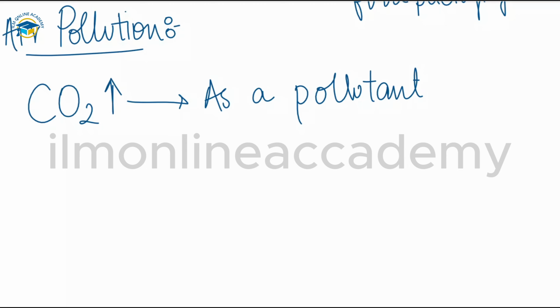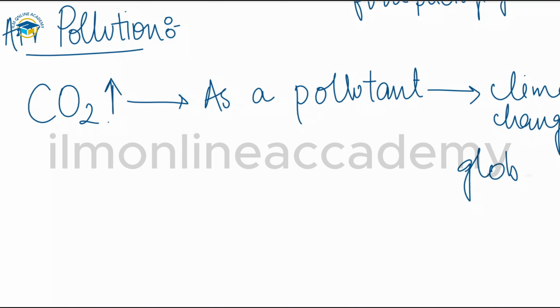When we cut down the plants, meaning when deforestation increases as compared to reforestation, then the carbon dioxide level increases in our atmosphere, and it becomes a pollutant because it is partially responsible for global warming and also for the associated climate change. So this carbon dioxide is responsible for climate change and also for global warming. We will talk more about global warming in this chapter. So I will tell you about global warming and the greenhouse effect when we move further.